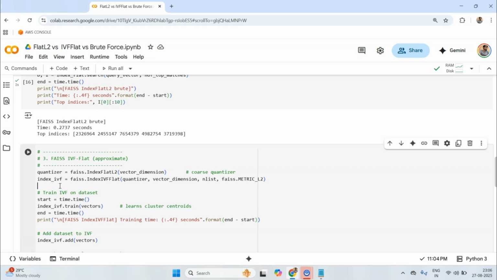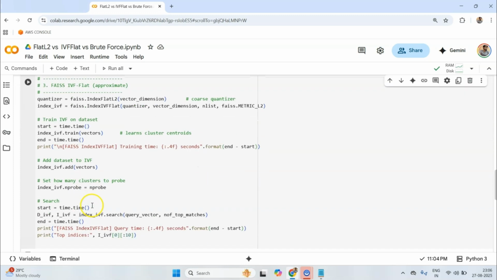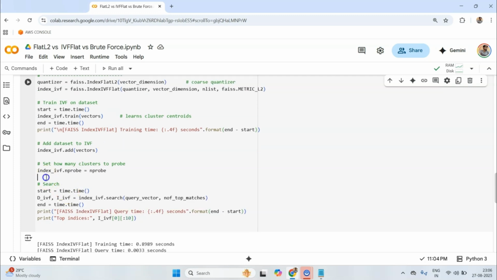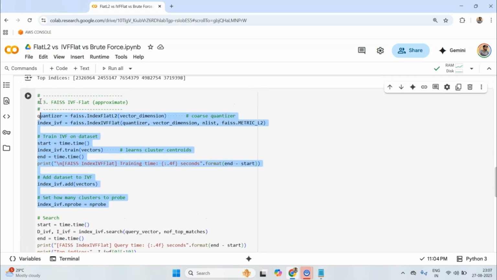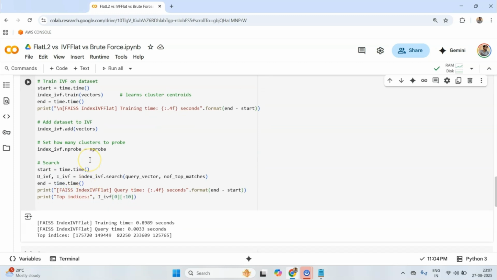First one is the index creation. That process itself is going to take some time. So here we are talking about index creation time, but that is only a one-time process. Once our index has been created, we can save it somewhere on our disk, and then each time we have to make a query, we load the index into the RAM and then make the query. So up to this point, we are only basically training the index. Okay, so let's run this and see how much training time and how much search time we have.